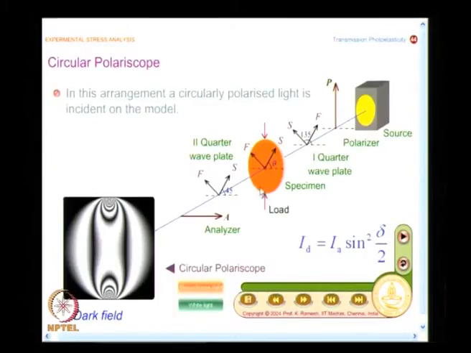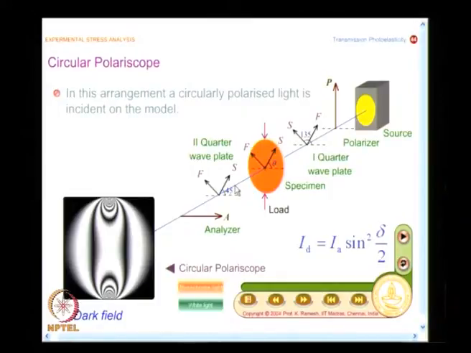Now, let us understand when the model behaves like a full wave plate. Whatever light is incident on the model will come out with the same characteristics. I send a circularly polarized light, then I get circularly polarized light coming out, and this hits the second quarter wave plate. This is where you have to note down the advantage of keeping these two quarter wave plates crossed.